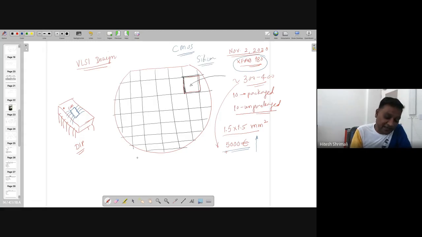But if you use something else like gallium nitride, FDSOI, and one thing called FinFET. So this is gallium nitride. This is fully depleted silicon on insulator, and this is FinFET. So there are fingers there. I'll talk about this, but this is the latest technology from Intel. This is the latest technology from ST and IBM.